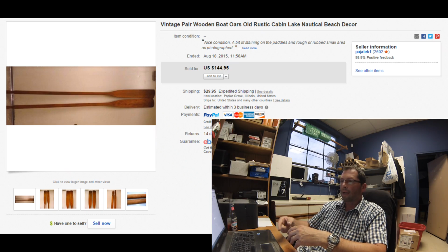And now I'm gonna show you guys two units that were in previous videos. This one right here is a vintage pair of wooden boat oars. They were big, almost 7 foot tall. You can go back a few weeks and watch the video where I was garage selling, and I picked these up for $8. We listed them a week ago. Boom, they sold